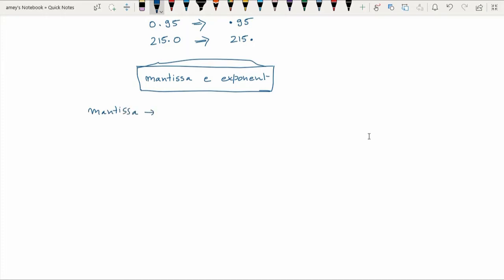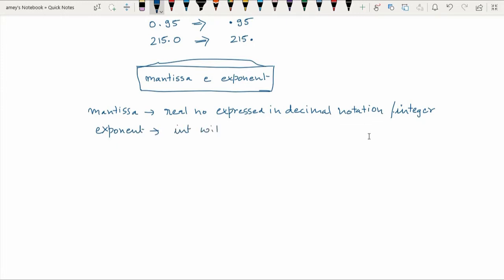It is basically a real number which is expressed in decimal notation, or sometimes it can be just an integer. And what is the exponent? The exponent is basically an integer with an optional plus or minus sign.